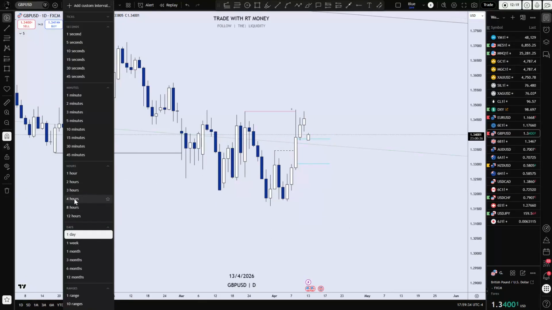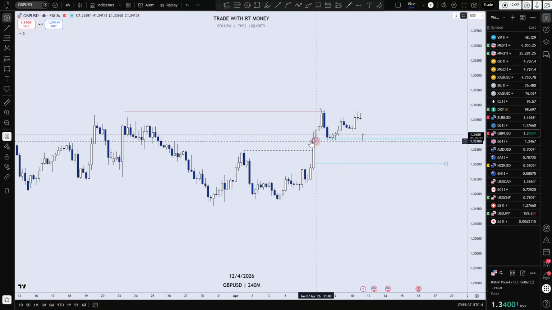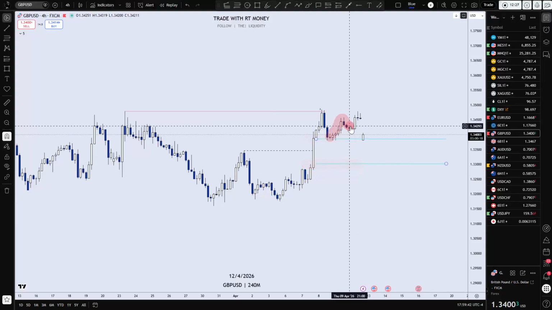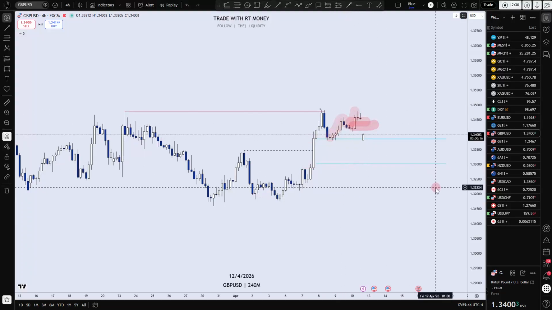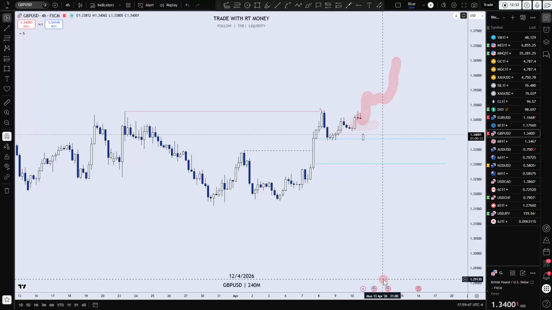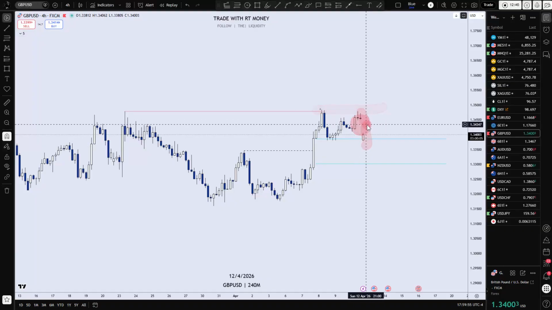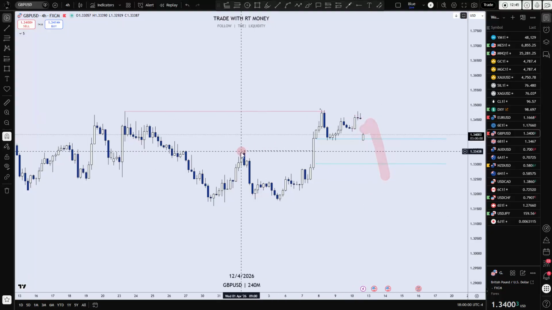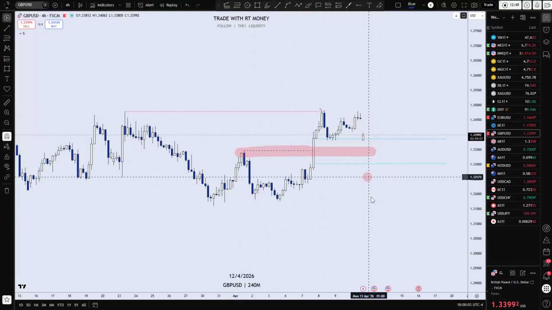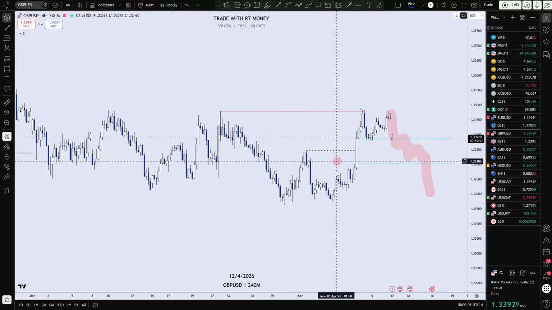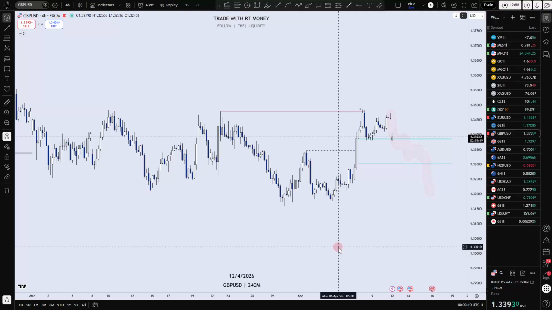All right, now let's go to the 4 hour. You can see the bullish fair value gap more clearly here. This isn't giving you any indication. This bullish fair value gap here, I don't think it's going to send anything up. I do not. I think this is going to be a failed swing to break that high. And obviously, we have this fair value gap. I'm looking for the market to move into that and then come down a little bit further, probably testing this high here. All right. And this, I think, will ultimately fail, because if there's no change in the Middle East,